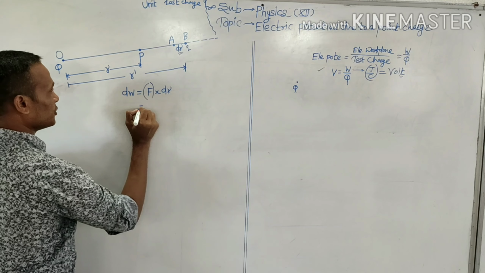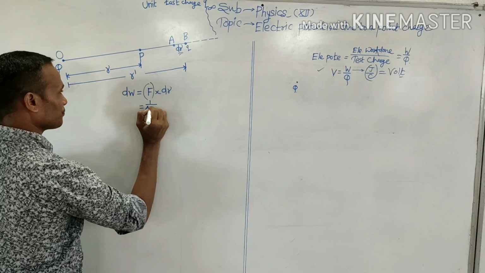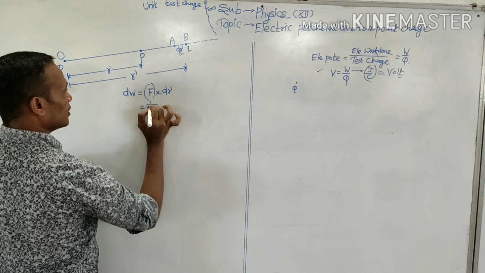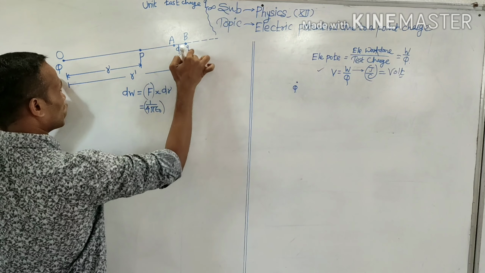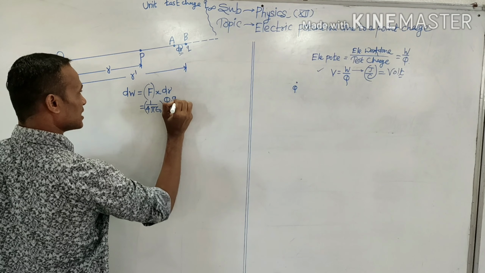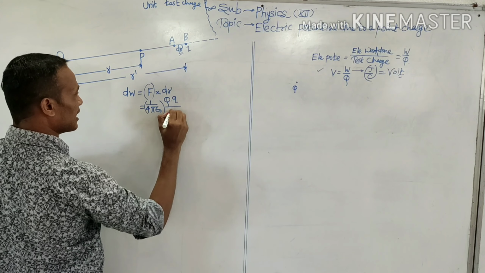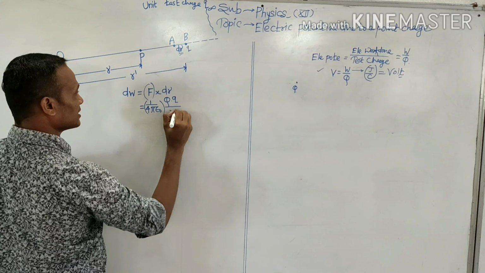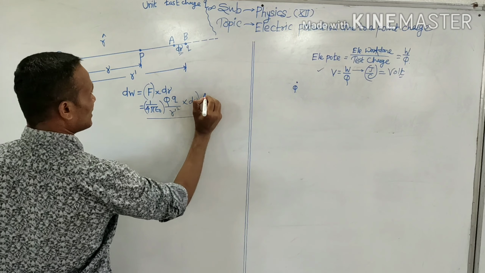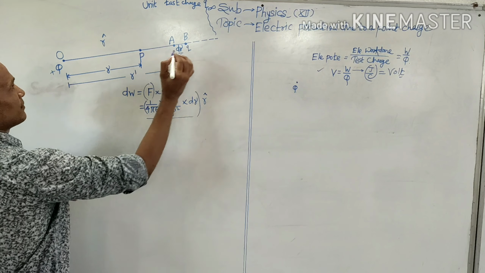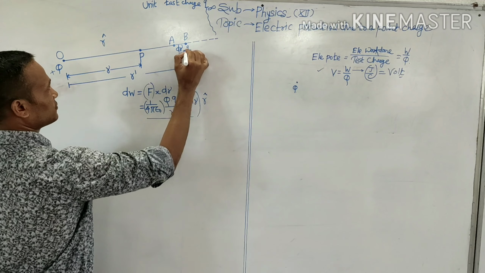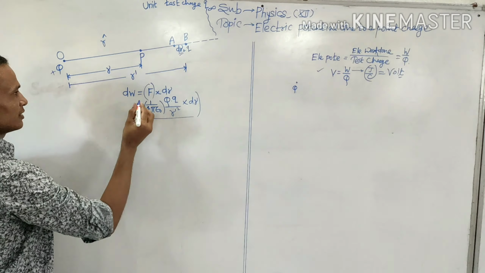So what is that? According to Coulomb's law, it will be K, this is constant K, product of the charges upon square of the distance, that is R dash square, into dr, right? If you want to show its direction, the direction is along, say for example, R bar. R bar is a unit vector, okay? And it's a repulsive force if you consider both of them as positive charges, so that is also to be understood. So we are not showing that, okay, dW.